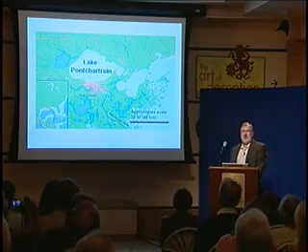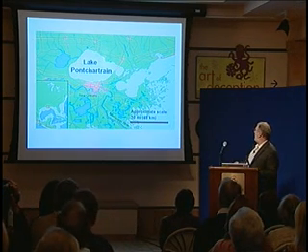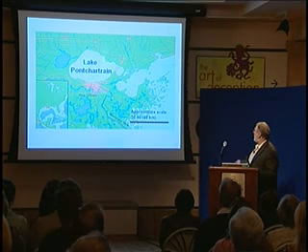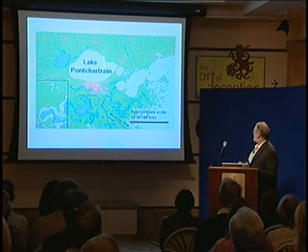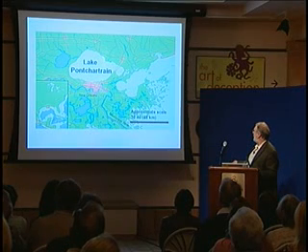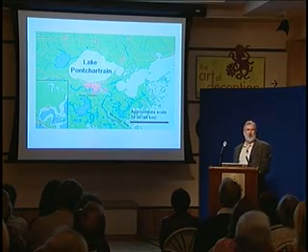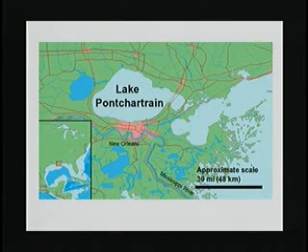So this is a picture which pretty much tells the story. If we think about it, these are all wetlands and barrier islands out here. This is the Mississippi River, which runs down here. And right here is something called the Mississippi River Gulf Outlet. So what's going to happen is that these wetlands here, which are protecting the city, are actually disappearing.